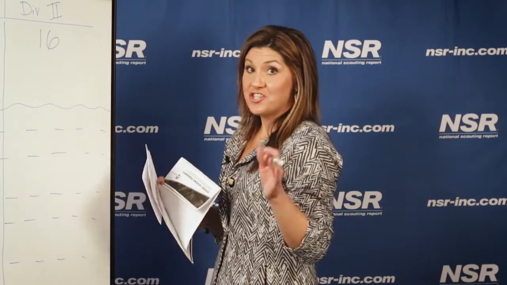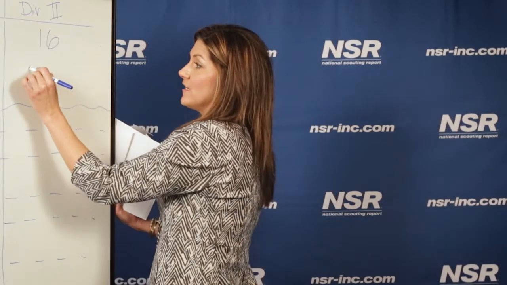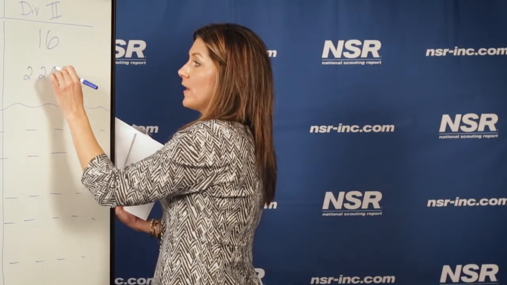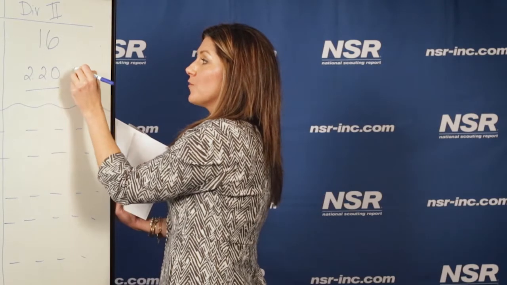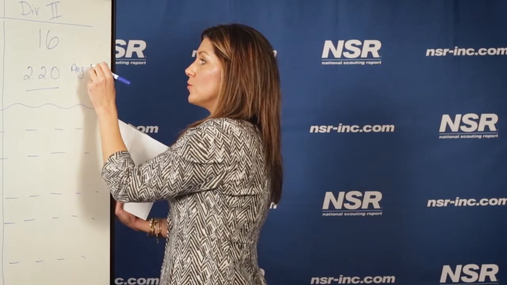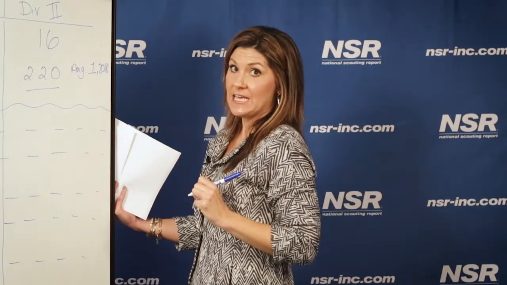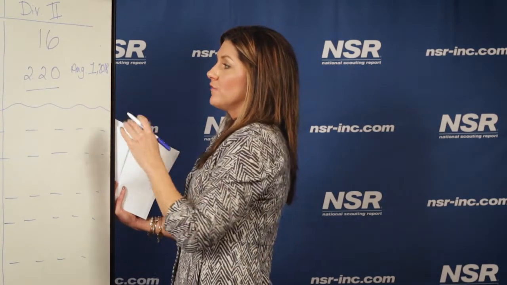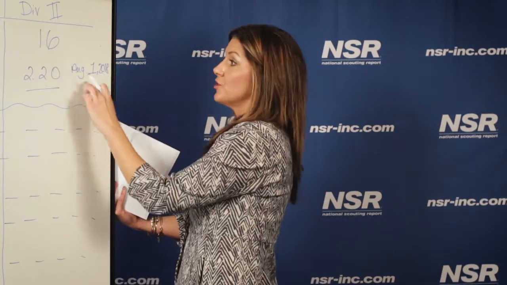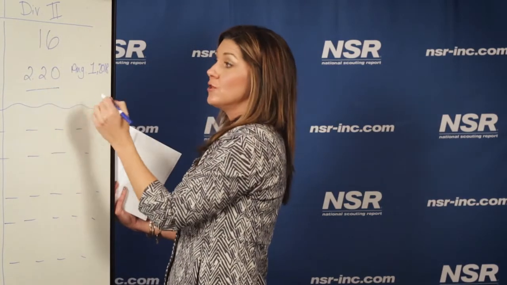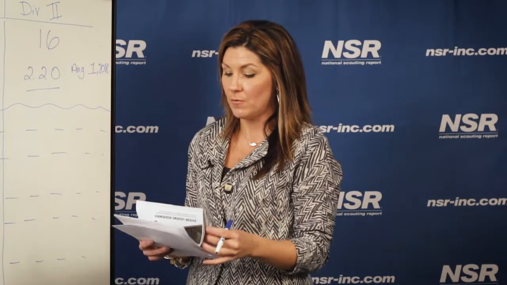Now this just changed. For NCAA Division II, it's a 2.2. This is for people that are enrolling in school August 2018 or after. So all of you that are fixing to enroll in college, you're going to have the 2.2. It used to be a 2.0. They've just changed the rule and increased it to a 2.2.